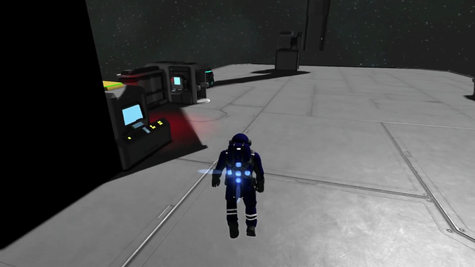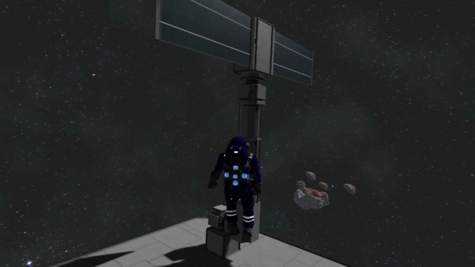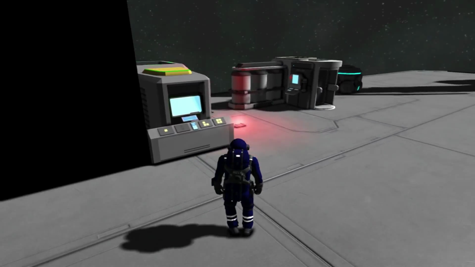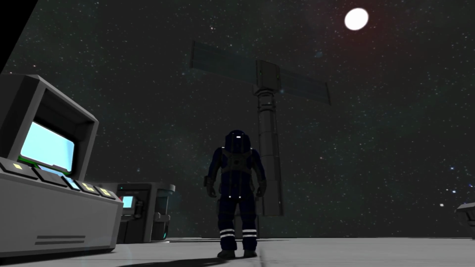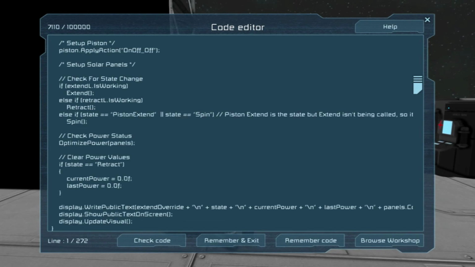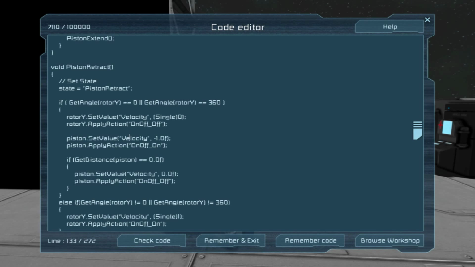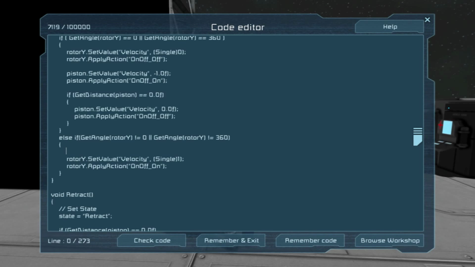So when we hit retract, it's going to basically override any optimization code just to bring the thing back in. Now, we could do this really picky as far as you could do... Actually, you know what? I'm going to do it. I am going to do it. I'm on a high right now. So what I'm going to do here is in the... Where is it? Piston retract mode? Okay. So I have it set here to where if either of these is true, right? So what I'm going to do is put this in another if clause and say if